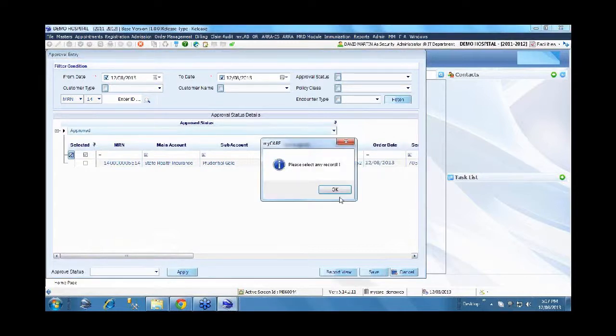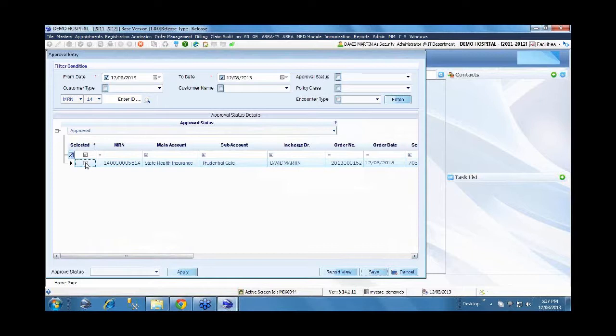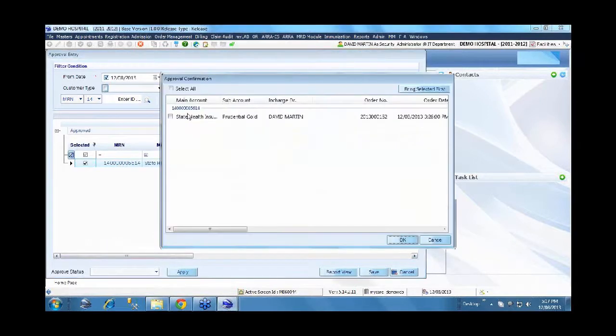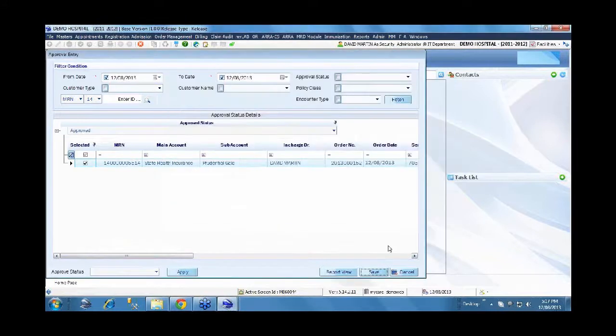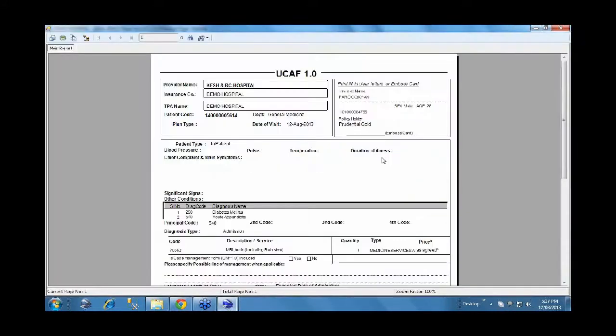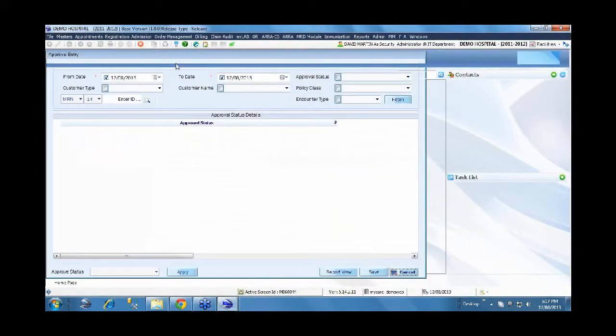Now we'll go back. We have got the approval for the service we provided to the patient, and we have collected cash. So in this scenario, it's the same bill which we have generated as cash. Now it needs to be generated as credit. So this is a sample approval form which can be generated by the system. We'll close this and go to bill reprocess.